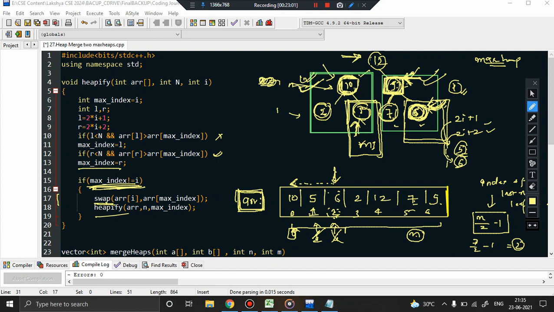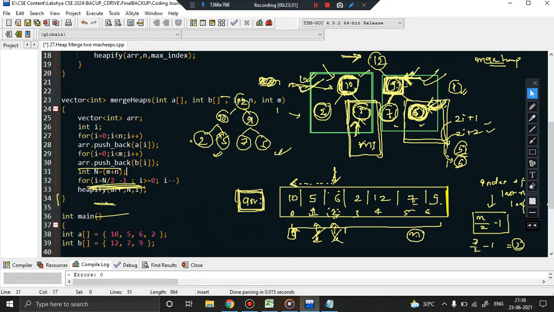So finally you can see our heap is reduced to 12, 10. What is this? This was 9, right? 12, this is 9, and this was 7, 6, and this was basically 2 and 5. So you will find out that the heap property is satisfied, because every root node is greater than its children. At every level, this is greater than these 2, this is greater than these 2, this is greater than these 2. So finally we have successfully completed our max heap function.